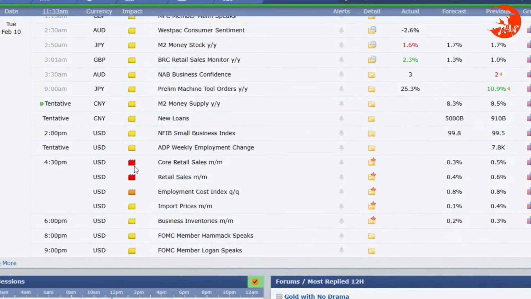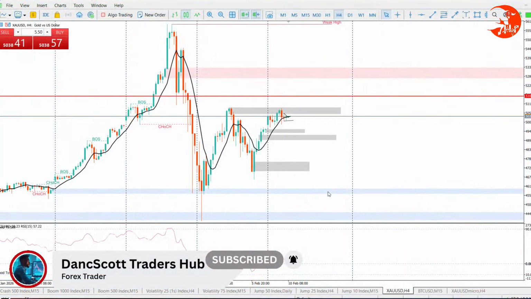But then what is significant is at 4:30 today. So those who trade Forex, you know what to do. You know best what to do. But for me, I'm gonna wait for 4:30 and see if we can make something out of this gold move. All right, so that's it.